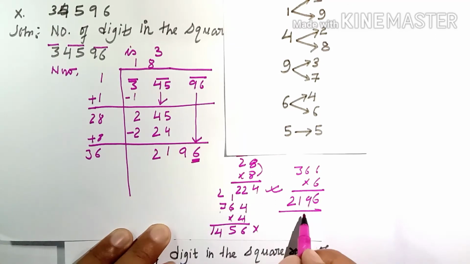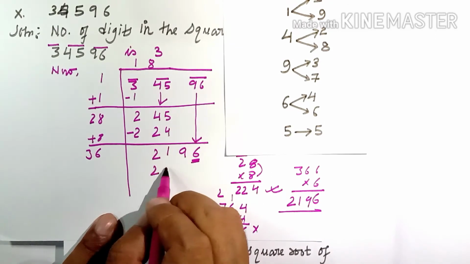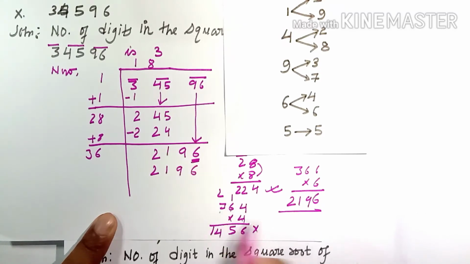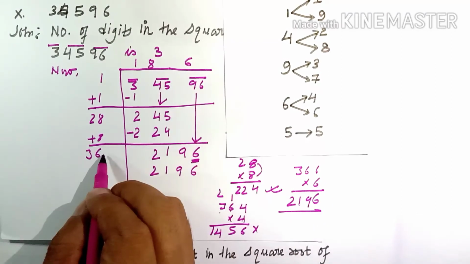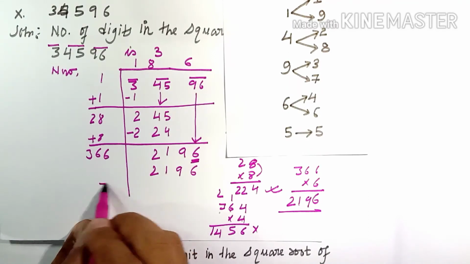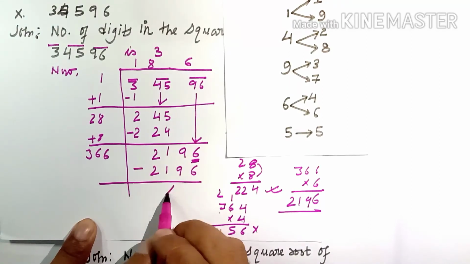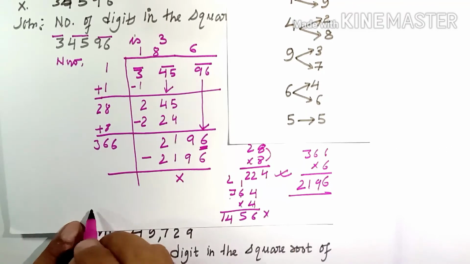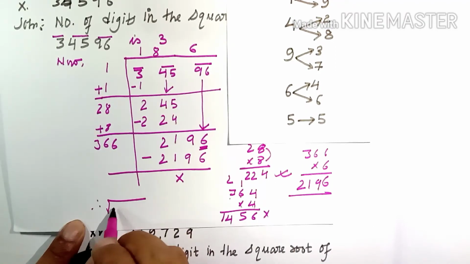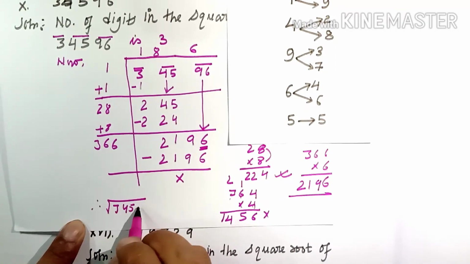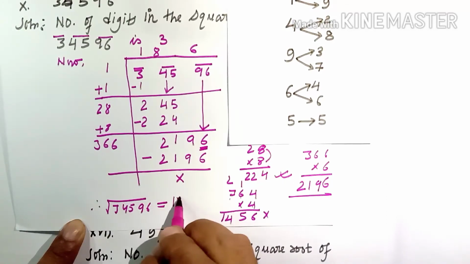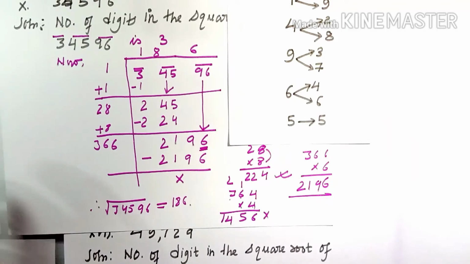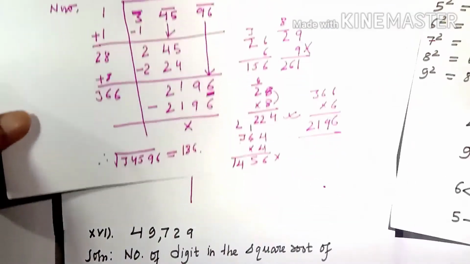Is it same? Yes. So 2 1 9 6. So this 6 you'll have to distribute, 1 at the quotient, 1 at the divisor. Now subtract, the value is 0 here, remainder. So therefore the square root of 34596 is a perfect square of 186. Now the next one,